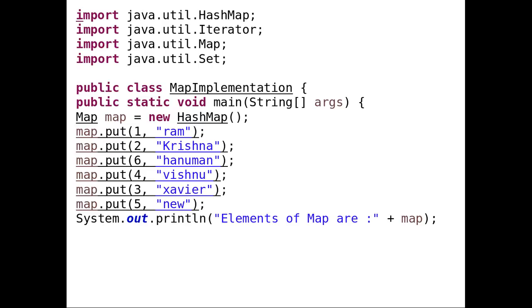So I have taken a few key value pairs like 1 Ram, 2 Krishna, 6 Hanuman, 4 Vishnu, 3 Xavier, 5 Neha, and I am printing this map reference variable which contains the HashMap object by using System.out.println(map).